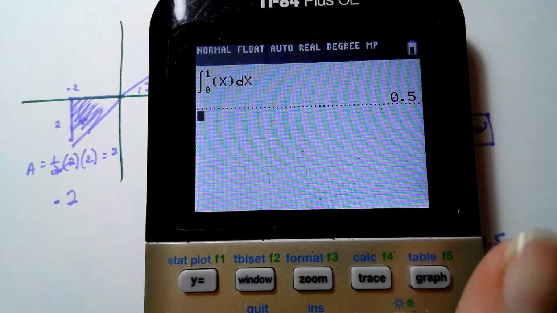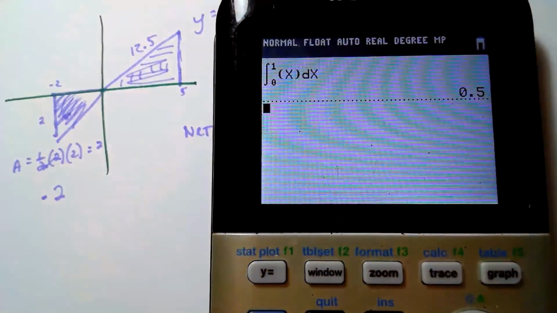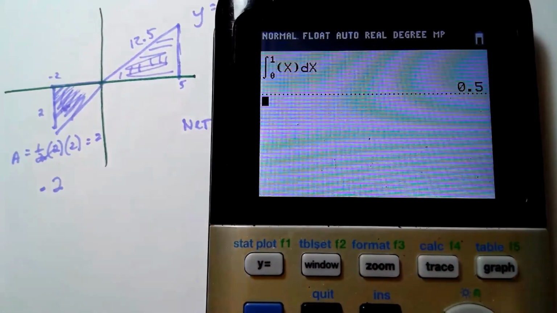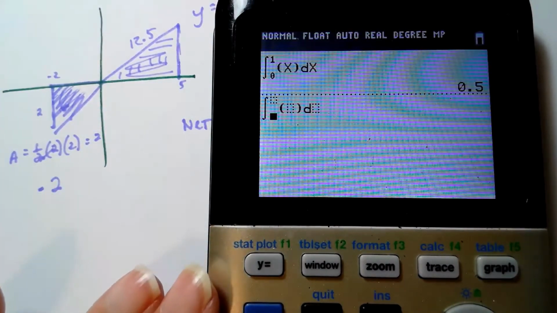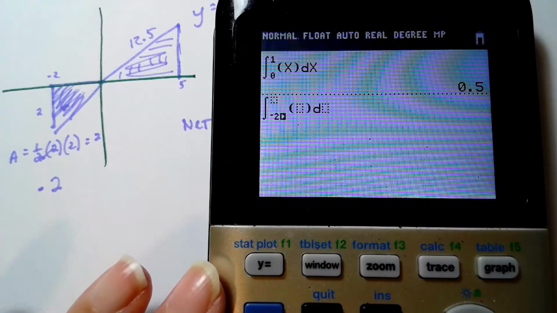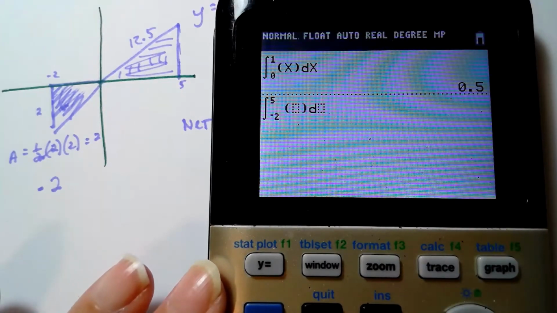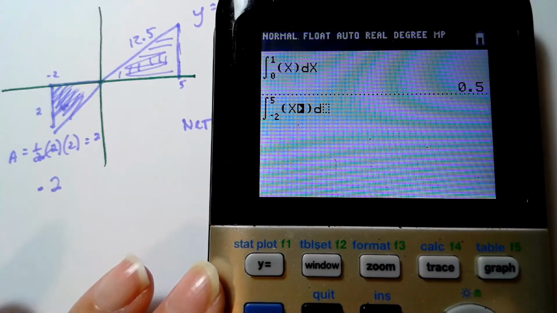Wait a minute here. Do I have the right function? Oh, I put the wrong one. I'm sorry, guys. Let's try this again. My definite integral was wrong. So, Math 9 from -2 to 5 of x dx,